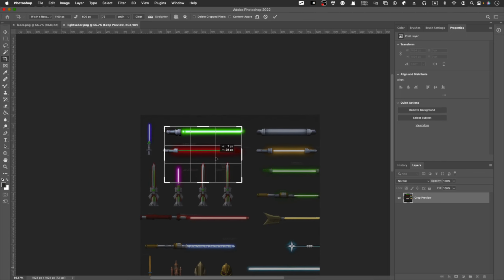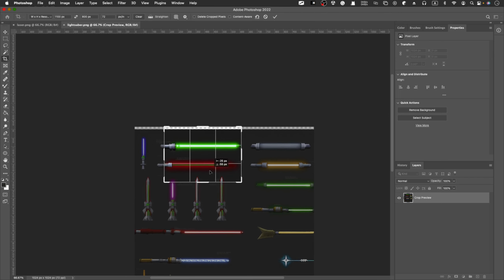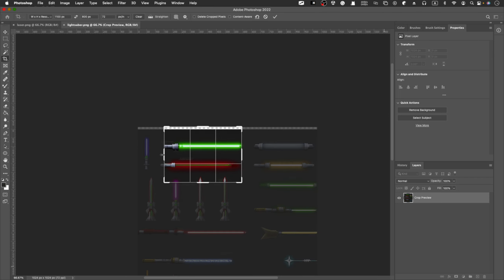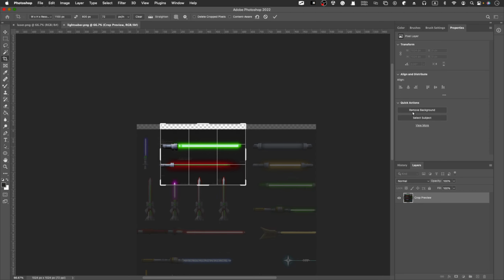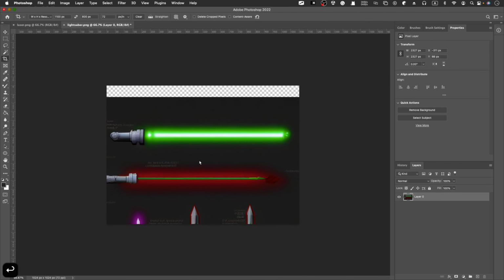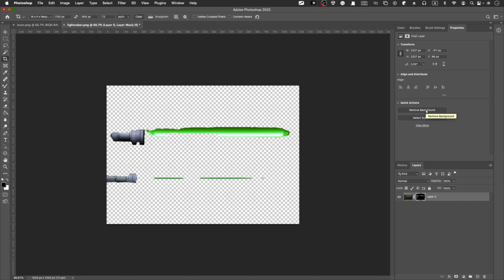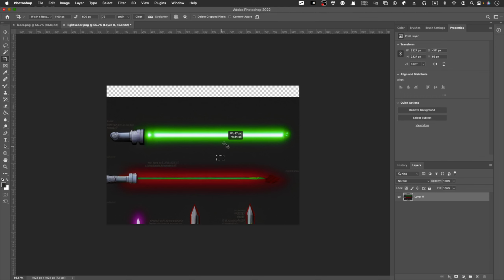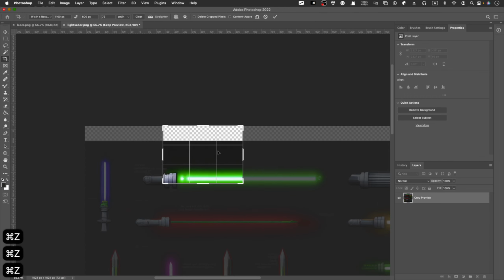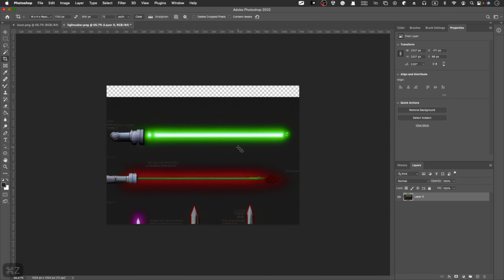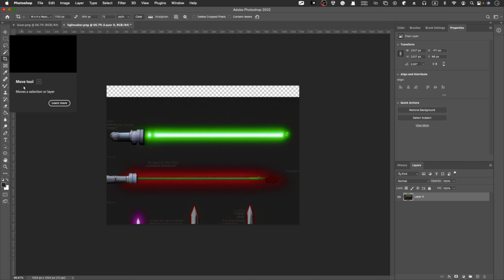I think the green lightsaber looks pretty good, so I'm going to get it bigger and remove background. Let me crop it just for now and remove background, and it does not look pretty good. I don't think this is a good way of doing it, so I'm going to use another way,